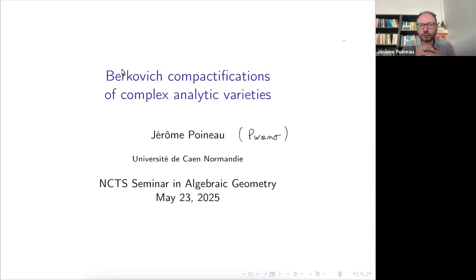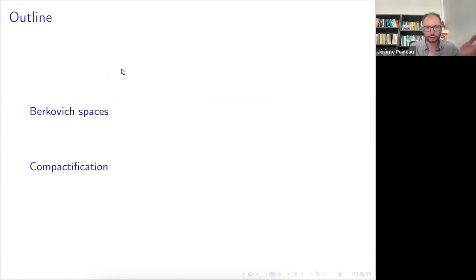So it's probably going to be more of an overview of the general theory. Maybe let me show how it goes, in just two parts. A first part rather introductory to the theory of Berkovich spaces. Maybe you've seen a bit of that over a field, but you can also have a theory over Banach rings, a bit more general objects. And so I will recall the basics of this, and try to make you feel how it looks.